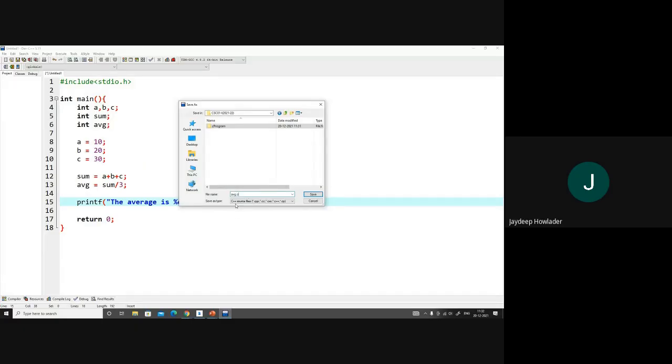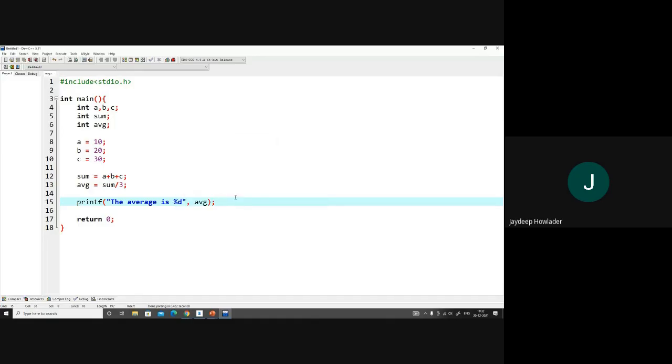So .c is the extension, and we have the name average.c.